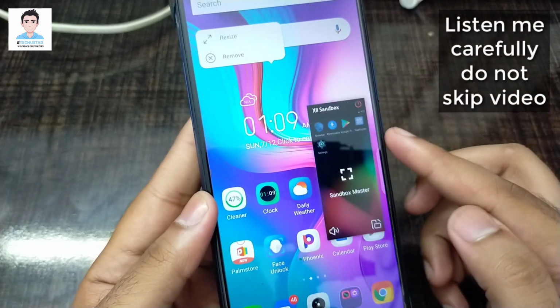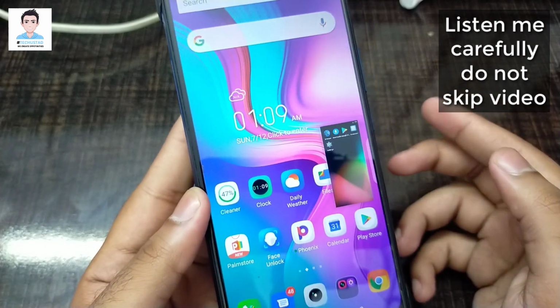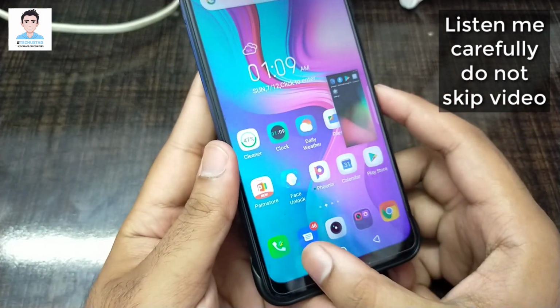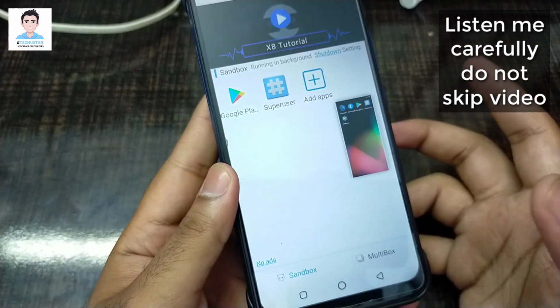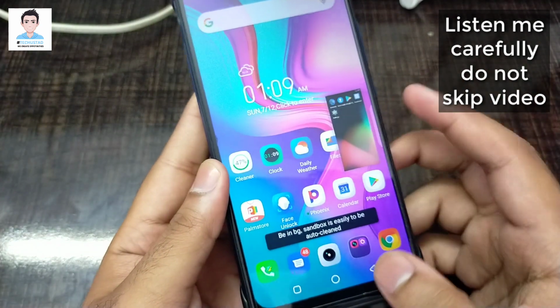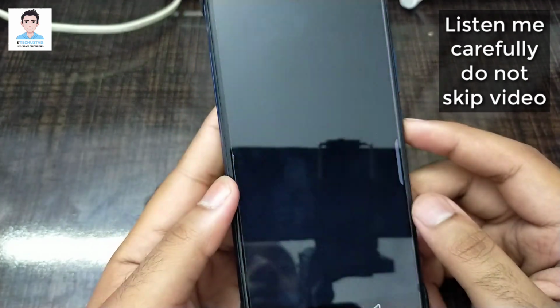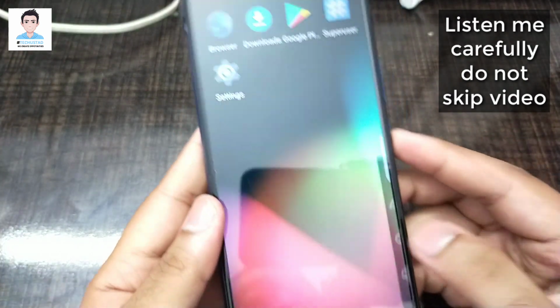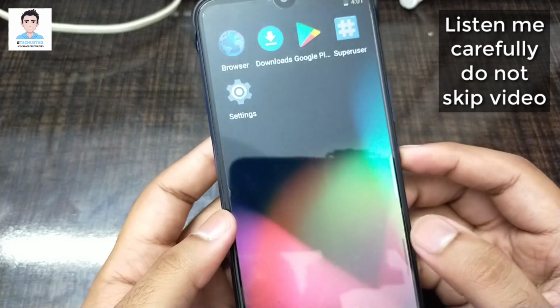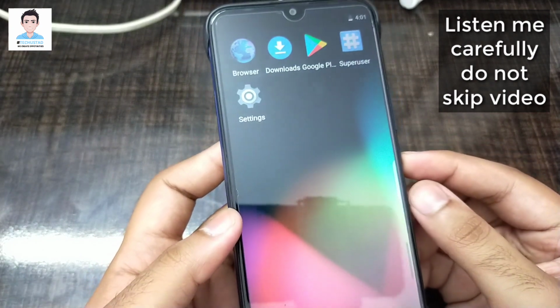So I hope you are getting the difference between real and virtual Android system. So you can switch using the recent apps, or you can switch by clicking on the virtual machine image. So you can easily switch, and you can run all applications easily which requires root access inside this virtual machine.